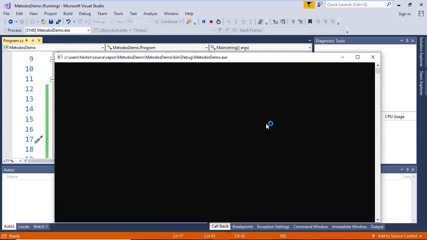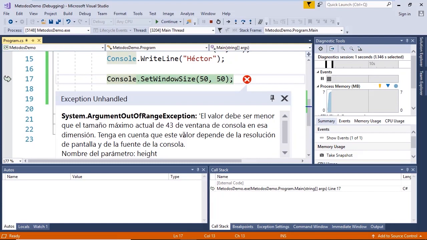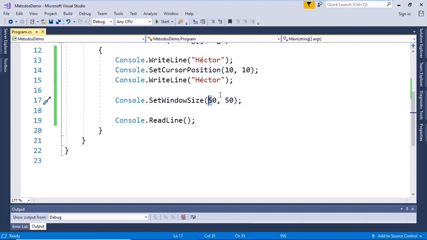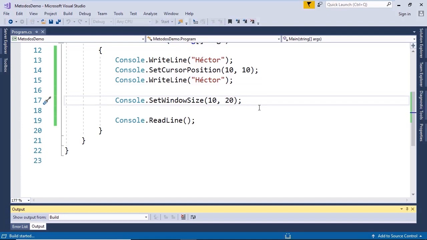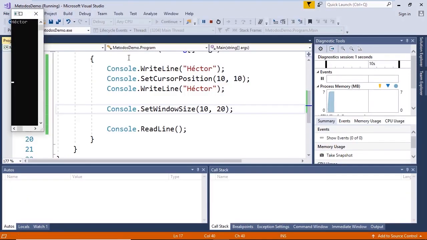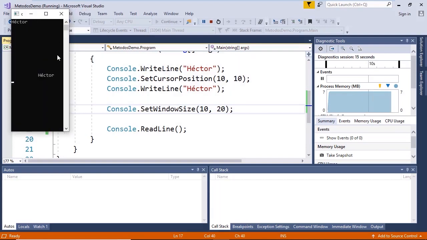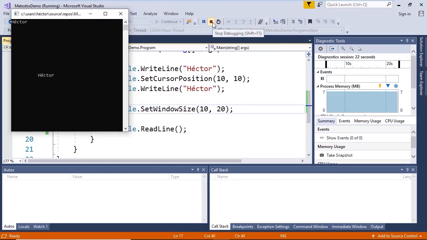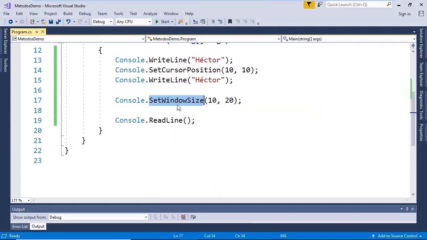We are going to proceed to run the application. We see that it marks an error here, indicating that the value must be less than the current maximum size of 43. This has to do with the resolution of your screen. We're going to slightly reduce this size, for example to 10, 20. We run the application again. Notice how the window size has changed compared to the initial version we had. Here we have a smaller window, and we have done this through code. We didn't need to modify this size by clicking on this cursor to change the window size. Because this functionality is already programmed within this SetWindowSize method,